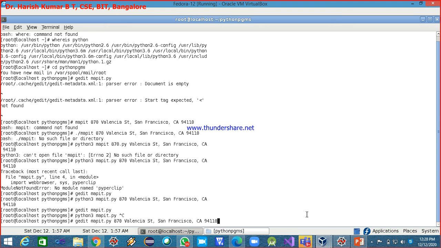Now I'm going to press the enter key. See what will happen. Oh sorry, I've given it as gedit, so this is not gedit. Python3, the interpreter.